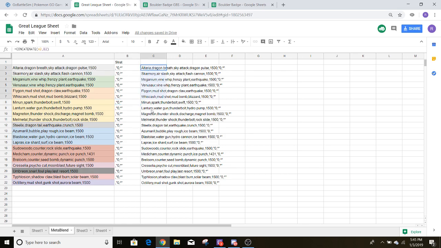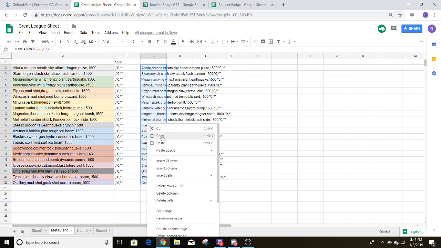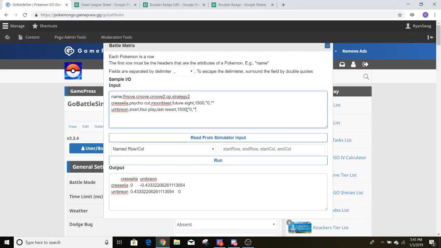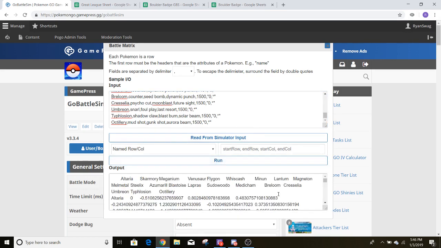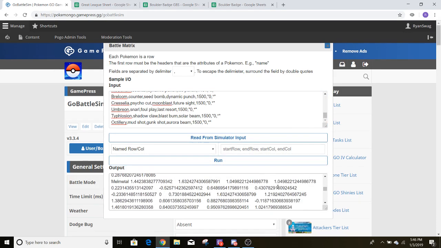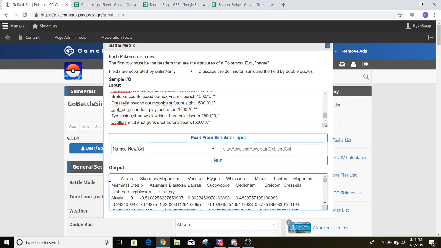So the way that this could work out for you for doing a full meta-analysis is you could just grab all these Pokemon, like so, go to GoBattleSim, bam, enter them in, click run, and then you get all of this data. And you can't even read this. It's ridiculous, right? But if you copy it,